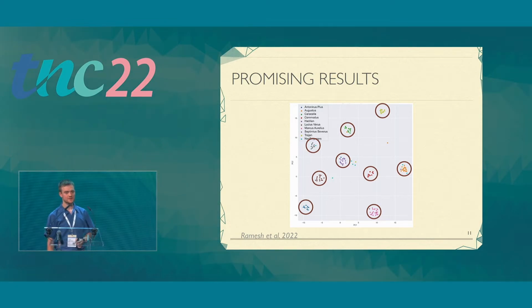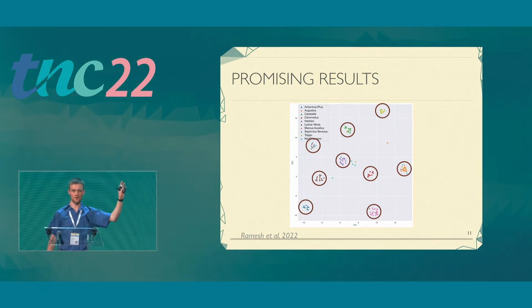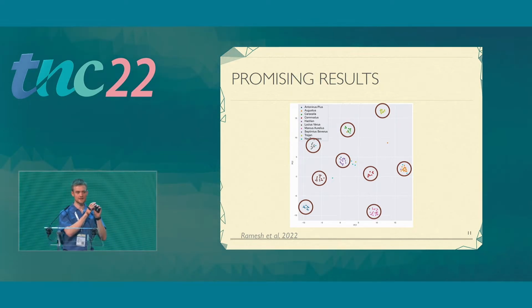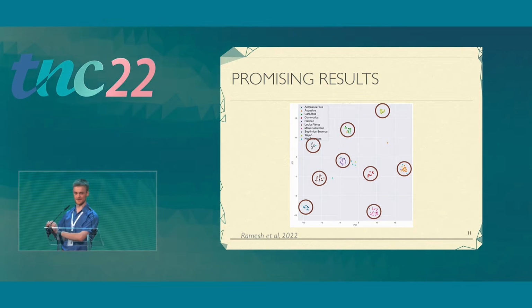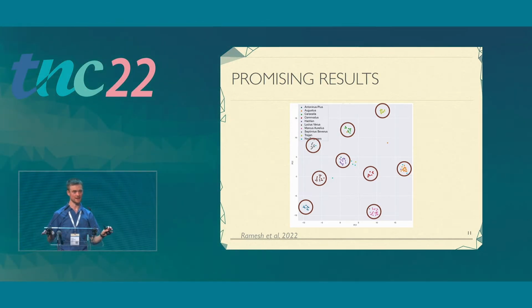In this paper, they present the following 2D graph, and I'll keep it quite simple. This is an embedding, and what we're looking for, which I've circled in red, are these separated islands of predictions that the network makes. The degree of separation correlates to the confidence of the predictions that this network makes. So this looks quite promising already.